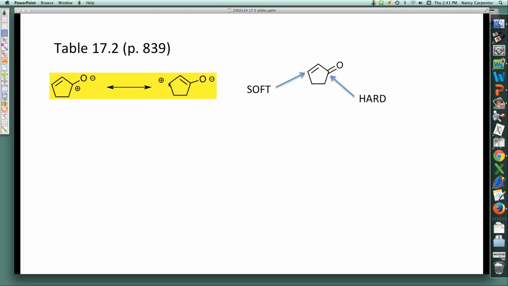That makes this the soft site. Alright, so convince yourself one way or another that this is a harder, more concentrated, more hard concentration of charge, whereas this one farther away from the oxygen is a softer, maybe not as well developed delta positive. Bottom line is, this is the hard site, this is the soft site, and hard nucleophiles will react